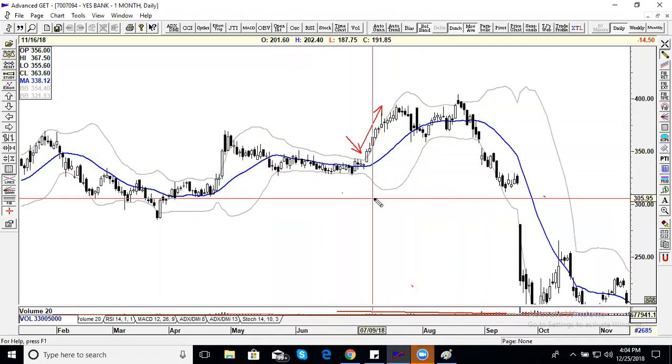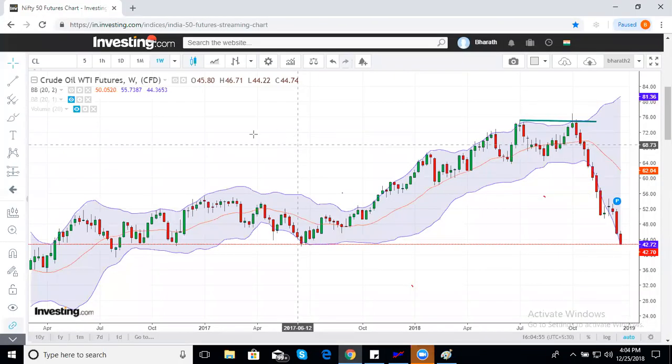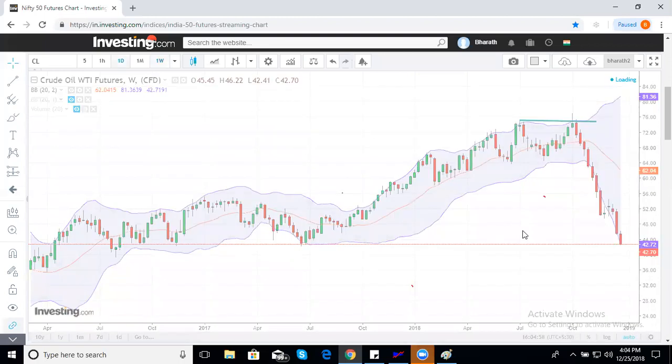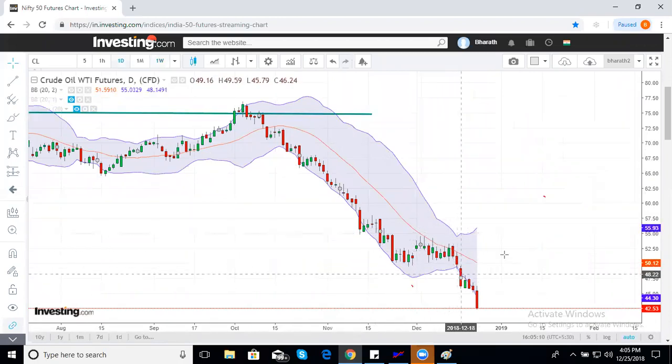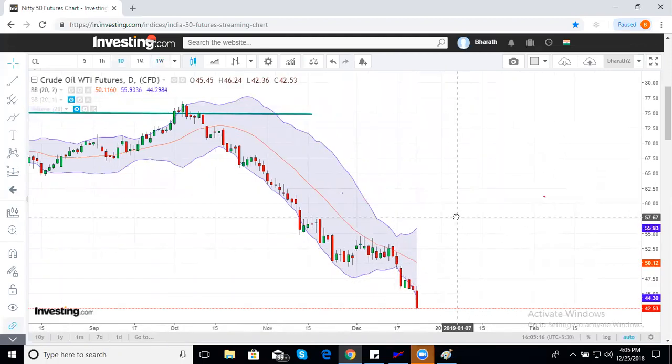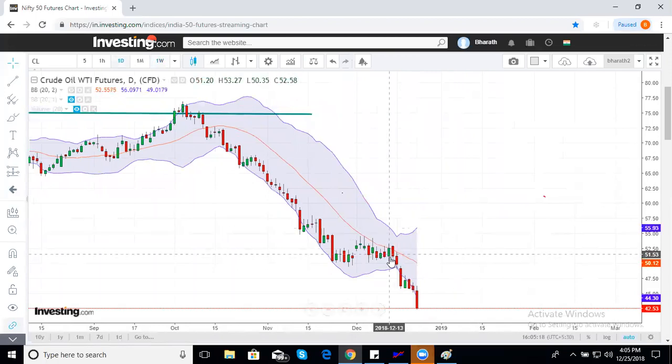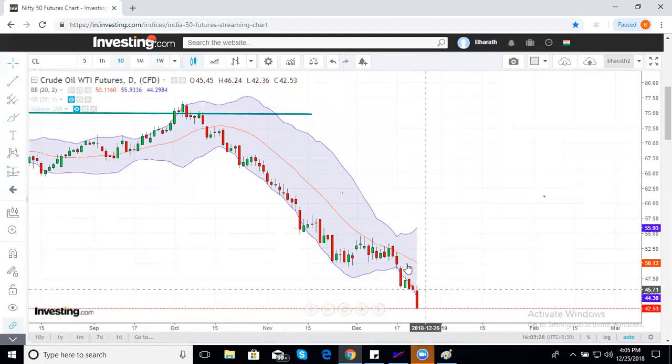If the same squeeze was on the downside, we saw this in crude oil. Look at the crude oil. Look at this. The difference between the upper and lower band was too wide. Now there was shrinking here. You can see there's a shrink here and it broke out. And from there, 49 to 42, a 15% move was very quick, because for about 15 days it went sideways, no action, coiled spring, then spurt out. This is where it is good to buy a put option.